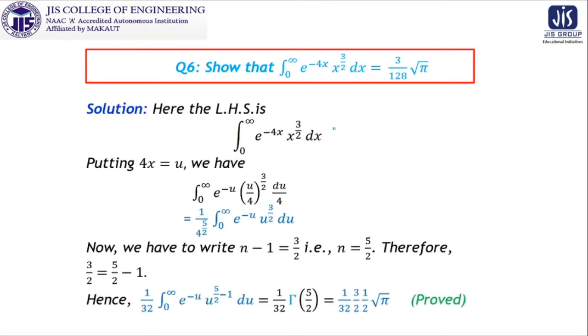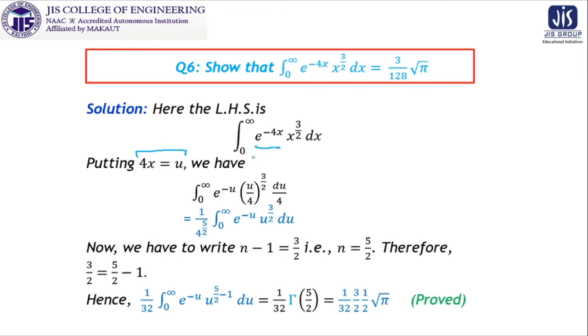If we think in this way, think very slowly and very cautiously. Our structure for gamma function is known to us that it is integration of e to the power minus u, u to the power n form. But in the problem, it is given as minus 4x. So what we do, it is the technique, you have to follow this technique for the different problems. This 4x is taken as u, just to make this e to the power minus u.